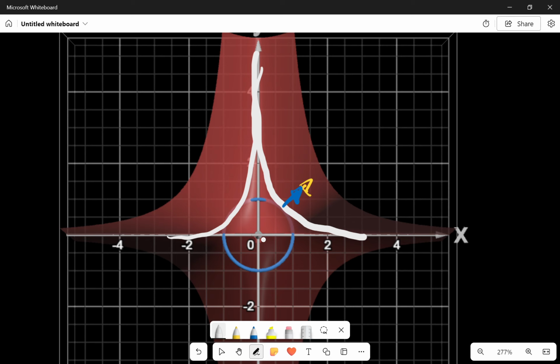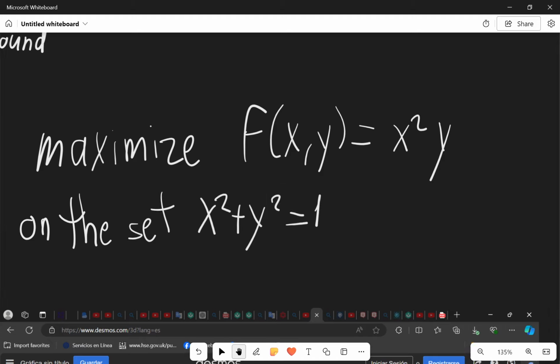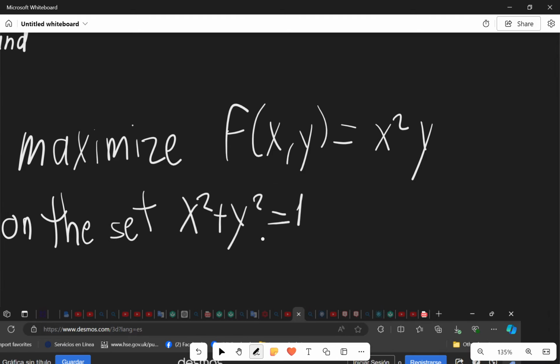And you could think, why don't we just set the original function to this function? We could just say, oh, f of x y is equal to 1, and 1 is equal to x squared y squared, and we have also this function, 1 is equal to x squared plus y squared. So we have a system of equations, and you could solve for x and y, but that's not how it works. Why? Because